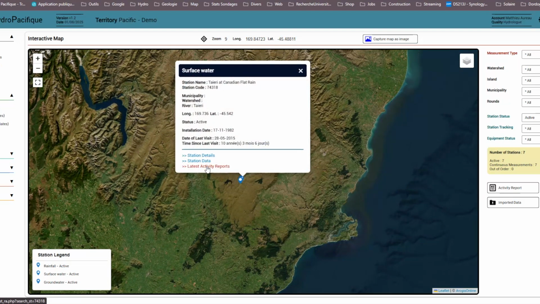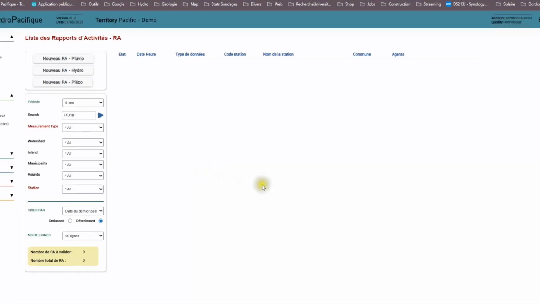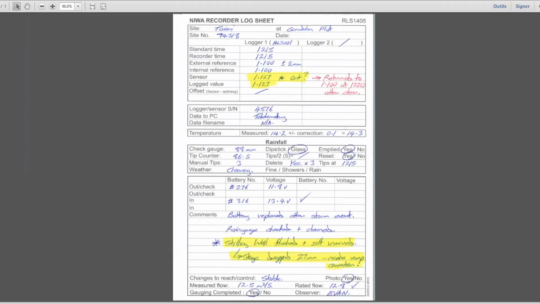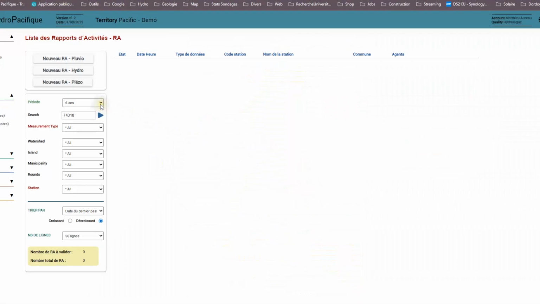Here you just click on latest activity reports at the bottom of the window, and it takes you to this place where you can see all the activity reports. So here you want to enter this log sheet that was filled in manually in 2015, so that's over 10 years ago. So what you need to do first is select your period, and here, because it's over 10 years ago, you check all data,